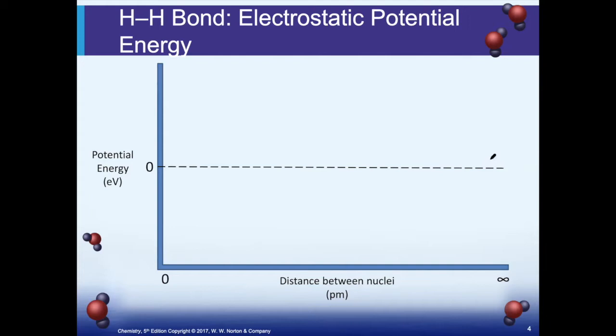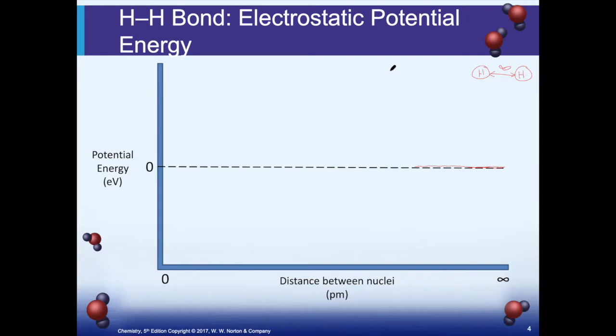So over here, we've got two hydrogen atoms that are just really far apart. Each of those is a hydrogen, but the distance between them is an infinite amount, all right? And so that means that they really don't recognize each other. So the potential energy, remember that potential energy is energy associated with relative position. Since those two nuclei are not influencing each other at all, that energy we're going to call zero, okay? All right, so that's going to stay zero until we get to a point where those nuclei are